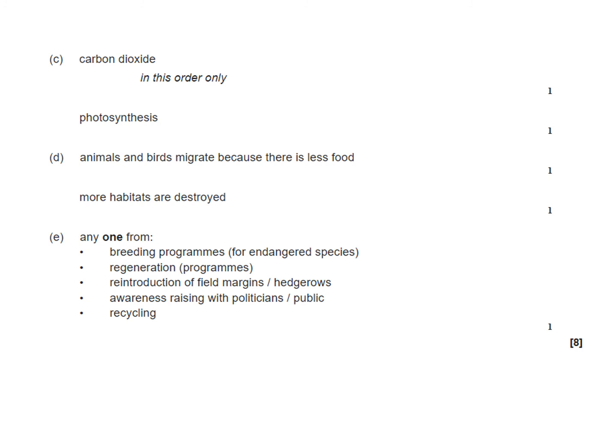We can reintroduce field margins and hedgerows. One of the big problems that lots of smaller mammals, field mice and stuff like that, have is that every time a farmer puts a hedge in, effectively the hedge is in the way. The hedge could be field that's used for growing stuff. Also, he has to drive round the hedge to get to the next bit of field. And actually, if the hedge wasn't there at all, then he could just drive straight through and it would make